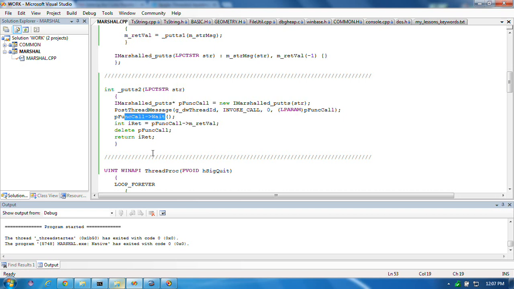Then I wait for that process to complete. Now I set the return value to the object's return value. Okay,